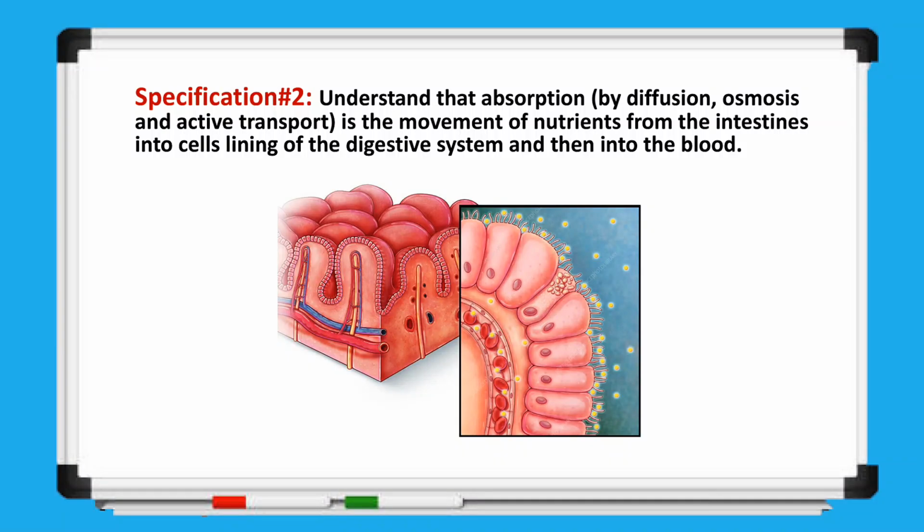Next, we have specification number 2, which tells us to understand that absorption, which occurs by diffusion, osmosis and active transport, is the movement of nutrients from the intestines into cells lining of the digestive system and then into the blood. What they are really asking us here is to recognize how the nutrients actually get absorbed. In other words, we need to understand the different mechanisms, diffusion, osmosis, and active transport, and how each one plays a role in moving nutrients from the small intestine, through the intestinal wall cells, and into either the blood or